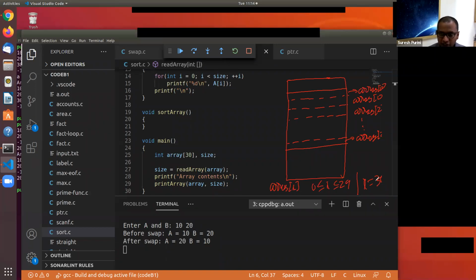Okay, so I will stop here. I want you to think and then understand these ideas. In the next class, we will solve an important problem, that is sorting, and we will also look at two-dimensional arrays and arrays in a little bit more detail. That is the plan for the next class.